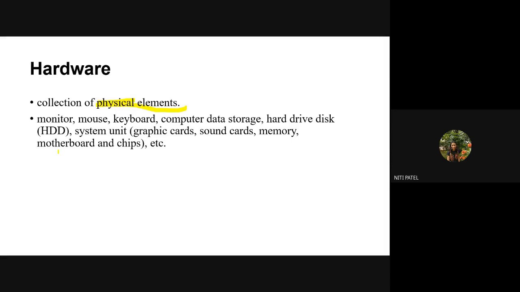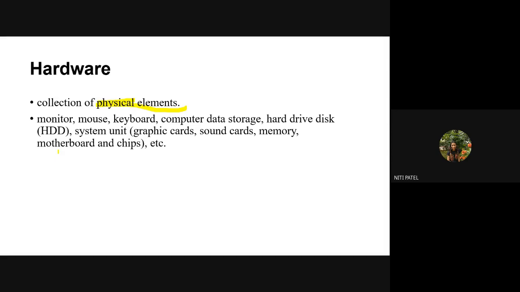Now in CPM, you might have opened the computer system. You might have seen how the motherboard looks and what the components on the motherboard are. You have your CMOS battery, you have your RAM slots, you have the processor, you have a fan on the processor, then you have different types of cables, the power cable connected, you have the hard disk attached, you have a cable of the hard disk connected, you have CD-ROMs. If it is an old computer, you will have a floppy disk drive also. So all these components which are attached to the motherboard are also considered to be hardware.